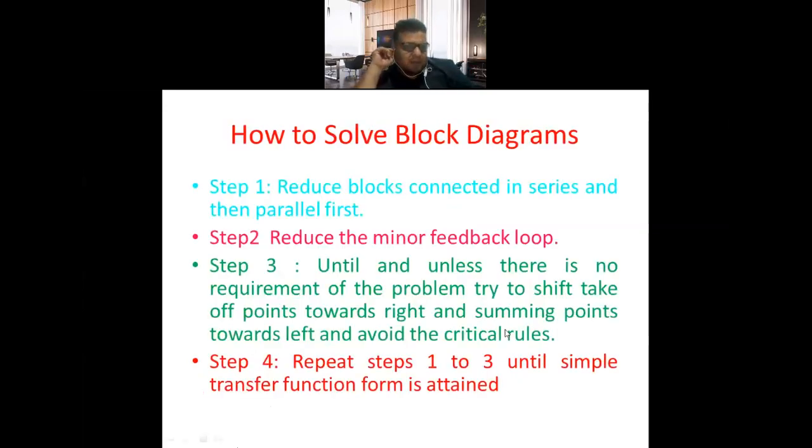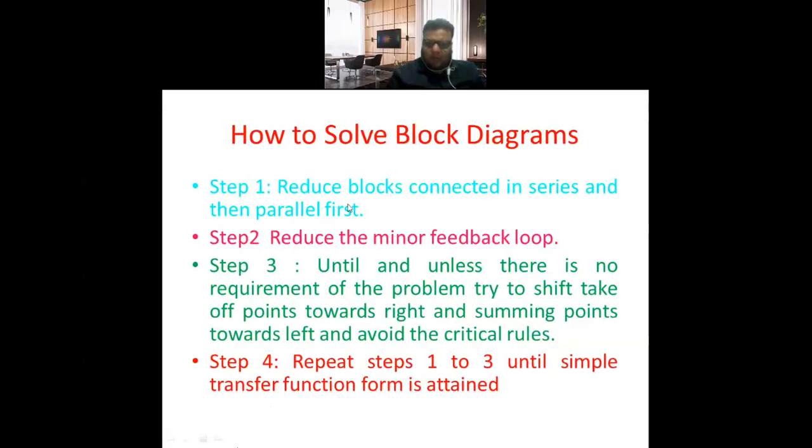अब हाउ टू सॉल्व ब्लॉक डायग्राम, दिस इज वेरी इंपॉर्टेंट। सबसे पहली चीज, कोई भी ब्लॉक डायग्राम आपको मिले तो सबसे पहले ट्राई टू डू इज दैट you have to reduce the blocks connected in series and then parallel first। सबसे पहले ब्लॉक्स देखिए कौन सी सीरीज में है, उनको रिड्यूस करिए, उनको मल्टीप्लाई कर दीजिए। जैसे आपको G1 G2 G3 जितने भी ब्लॉक्स हैं मल्टीप्लाई हो जाएंगे। पैरेलल में जो भी ब्लॉक्स हैं, जो समिंग सिग्नल होगा, अगर प्लस में होगा तो ऐड हो जाएंगे, अगर माइनस में होता है तो सब्ट्रैक्ट हो जाएंगे। उसके बाद माइनर फीडबैक लूप, आपको इसका फार्मूला मालूम है, G डिवाइड बाई 1 प्लस GH, ये करिए।